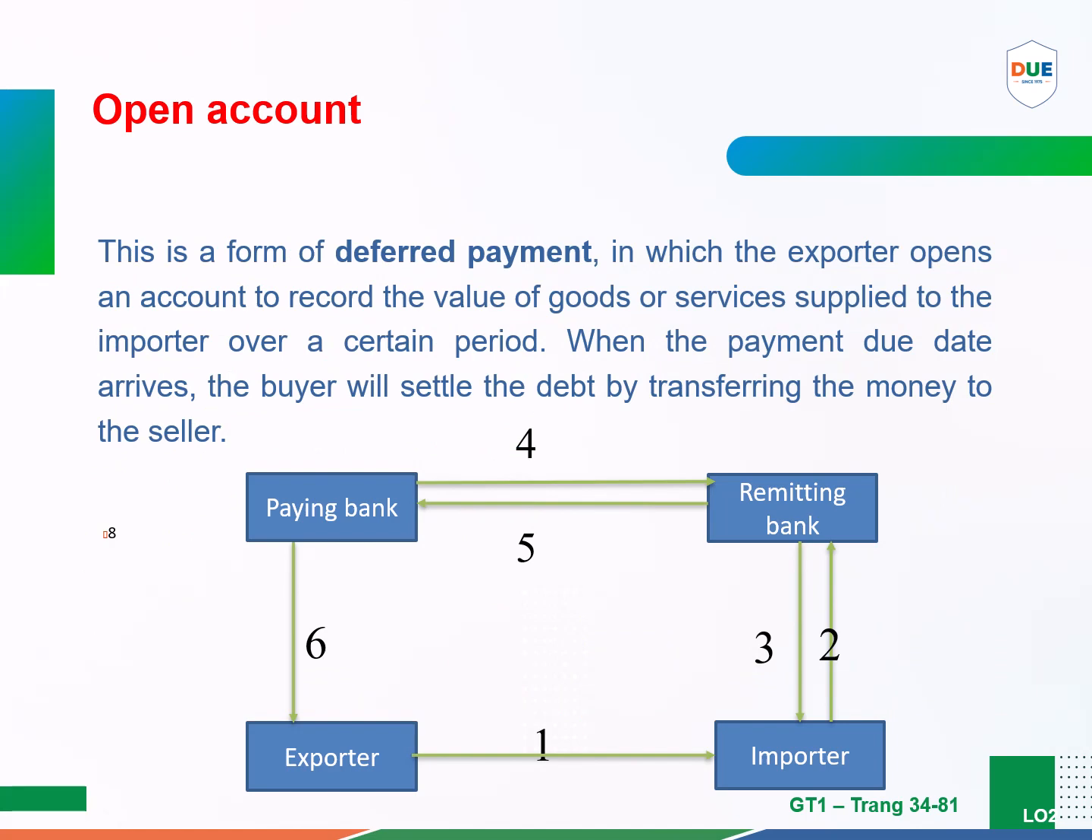The open account method is a form of deferred payment in which the seller, the exporter, opens an account to record the value of goods or services supplied to the buyer, the importer, over a certain period. After delivering the goods, the seller does not demand immediate payment but records a receivable in the buyer's account. The buyer is responsible for monitoring the recorded debt and, upon the due date, instructs the bank to transfer the funds to the seller. The buyer's bank transfers the payment to the seller's bank, which then credits the seller's account,